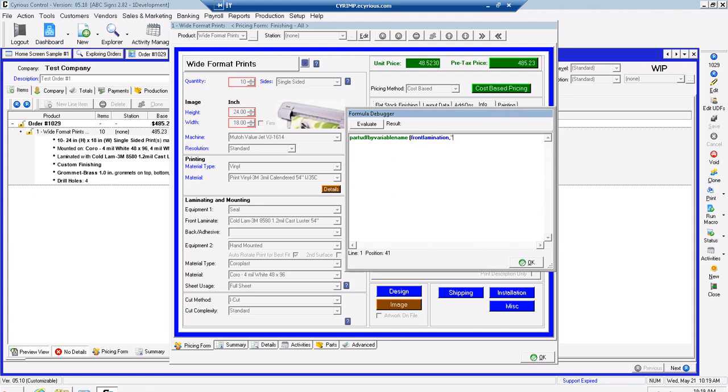The UDF name was lam-width. So now you're pulling that in, and now we have the ability to reference that 54 inch. So we could say something like, if